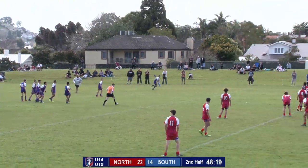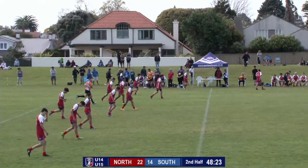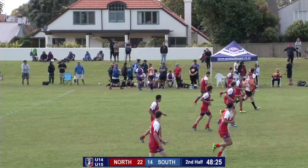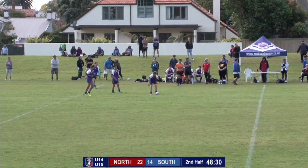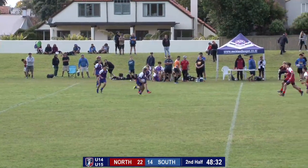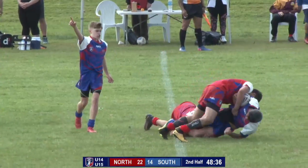Someone needs to take this game. Try and find a result here. They need some dynamic plays. It's there for the taking right now. North hold a 22-14 lead. 12 minutes to play. Casey Hall, the first man charged with taking this ball forward, but he's met by some